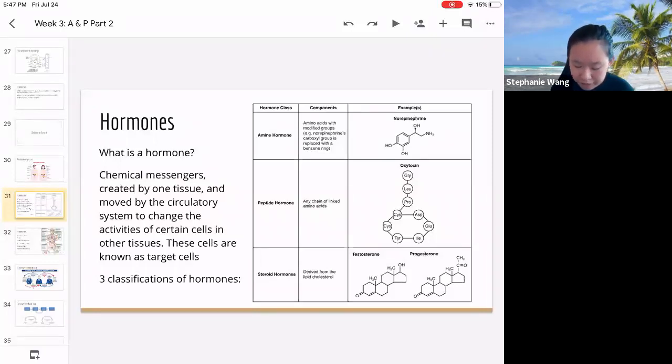On the right, you see oxytocin, made by many amino acids such as glycine, leucine, proline, cysteine, aspartame, glutamine, things like that. And then the final one is steroid hormones, that are made of fats, hydrocarbons to be exact. Steroid hormones are hydrophobic, meaning that they do not mix well with water. Meanwhile, amine and peptide hormones do mix well with water. So that's something to keep in mind. They are hydrophilic, and steroid hormones are hydrophobic.